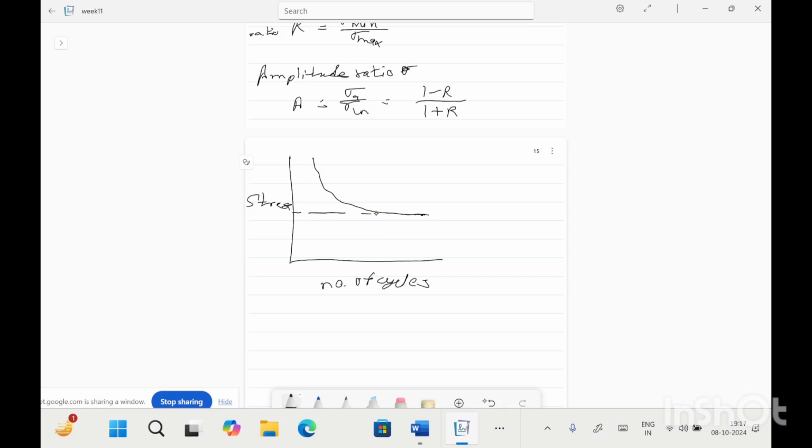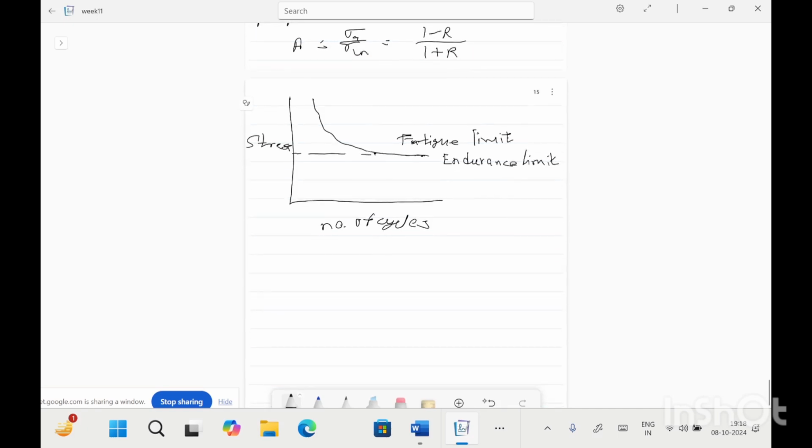This stress value can be written as the fatigue limit of the material, or endurance limit. The fatigue limit and endurance limit can also be defined in the case of